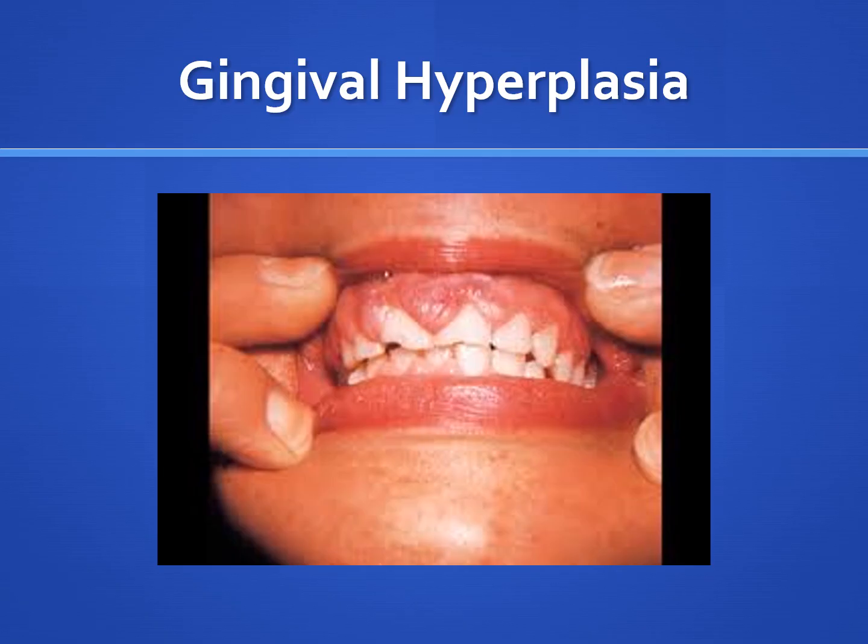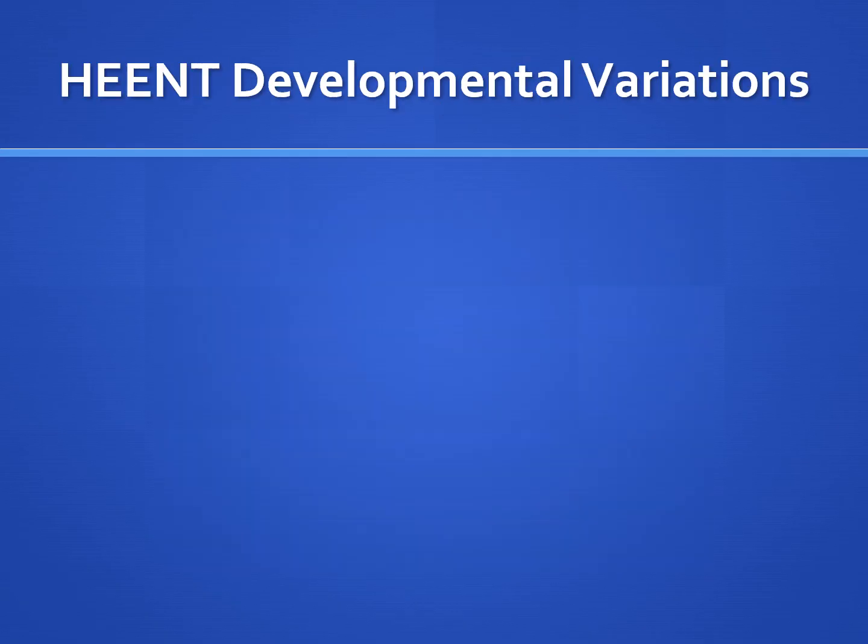So some things we want to talk to our patients about with gingival hyperplasia is good oral hygiene, to make sure that plaque doesn't build up. It can lead to bleeding gums, increased risk of infection, or, on the other side of things, cosmetic concerns. So again, regular dental visits, good oral hygiene, patients that are on these high-risk medications, we want to watch out for gingival hyperplasia. So now we're going to talk about